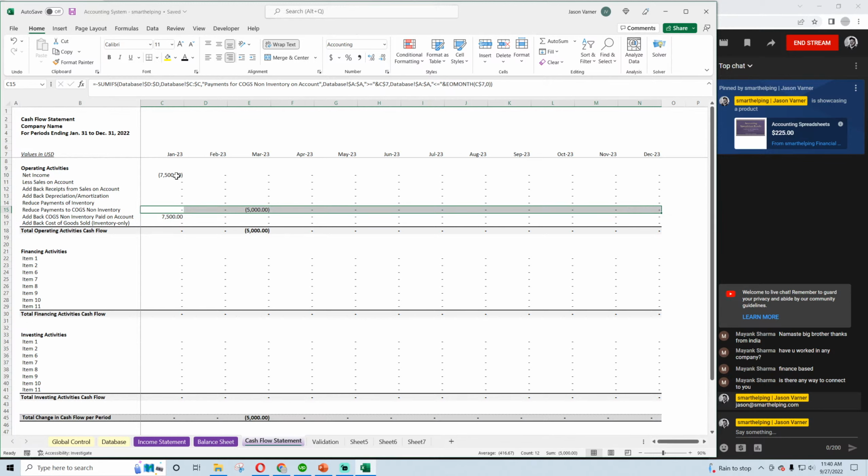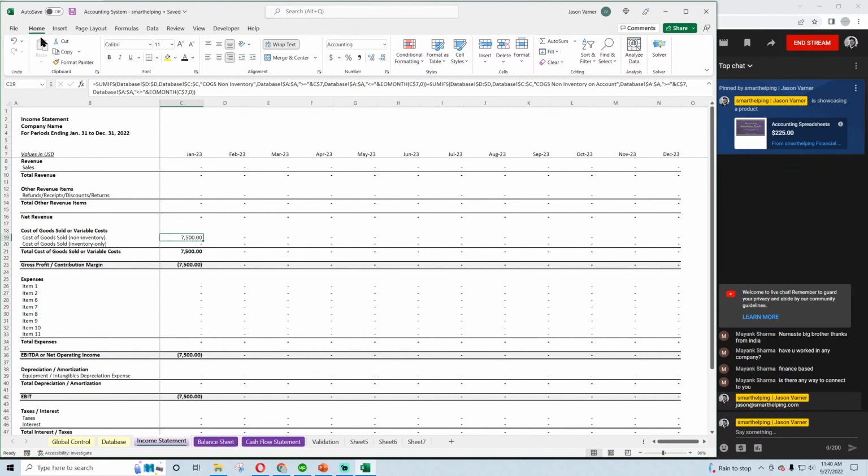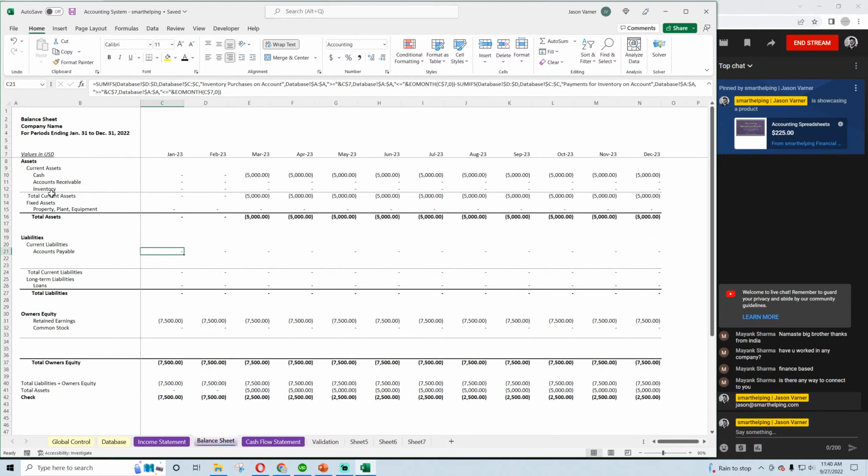So there's the actual expense hitting. It does hit the income statement, but on the cash flow statement, we add it back because it didn't actually go out, and then we pay some of it here. Now it hits cash. So it's on the income statement correctly. It's on the cash flow statement. Now for the balance sheet, this is a payable. So we're going to increase. So this is another entry here for